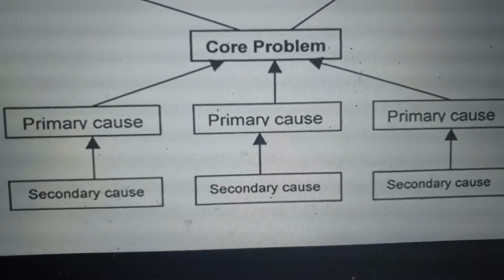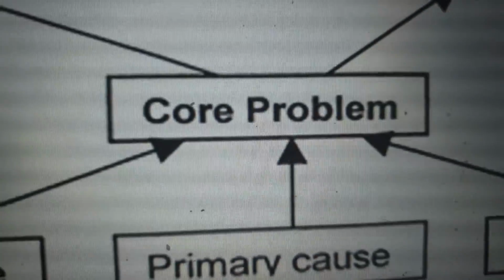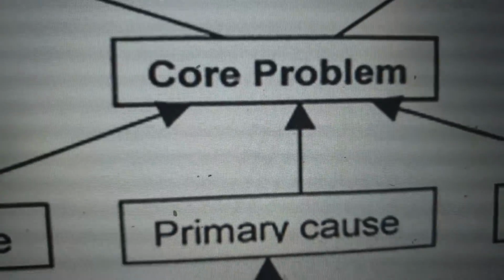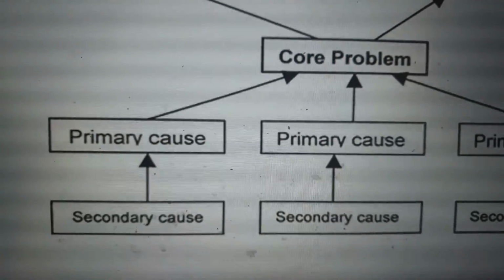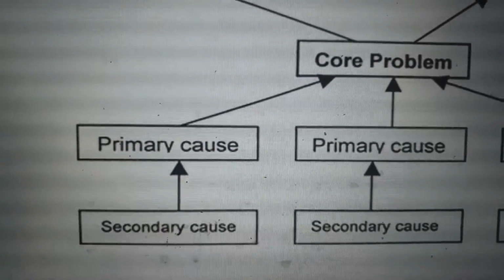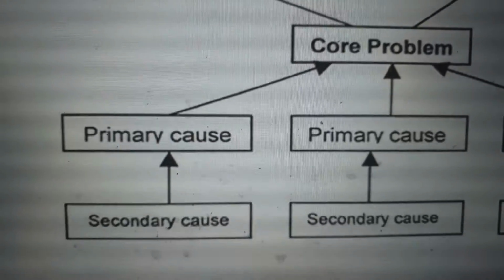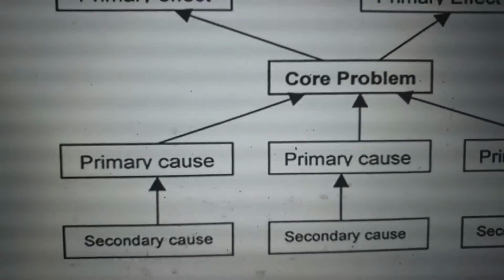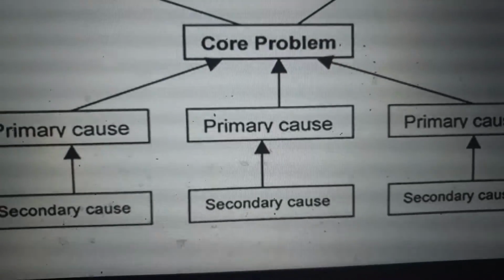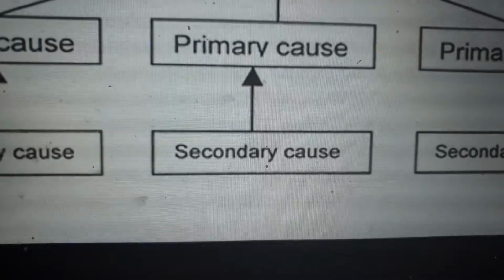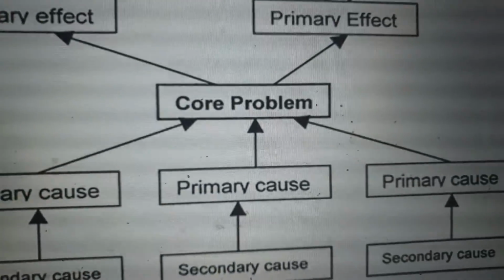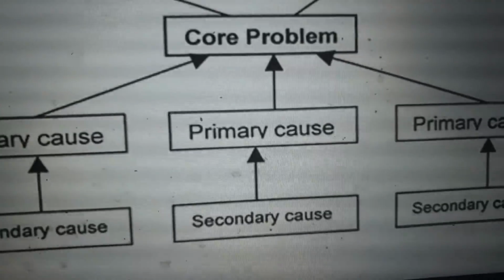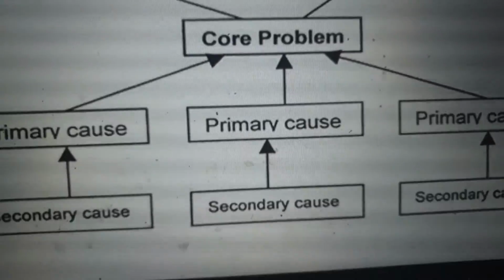And that's why we say why. When you see this problem, say, why is this problem? Then you find the primary causes. Then you say again, why are these primary causes? Then you say again, second. You can go on why, and you'll be discovering the root causes. So when you address the root causes, that's when you will solve that problem. If you address just the primary causes, the roots will sprout again.